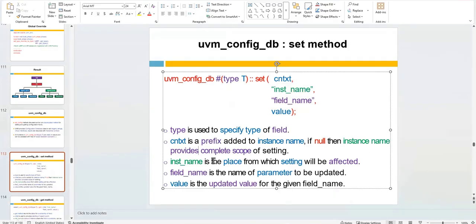So instance name is the place from which the setting applies. If you provide it null, then instance name provides the complete scope. However, this null and this context and instance name itself, the combination of them provides the complete scope. Then another is field name. Field name, you will give a name to the instance. Instance means, for example, you go to a school, you do not just call child, child, child. There are names for the children, Akash or any name. So you also provide a name to that particular instance,